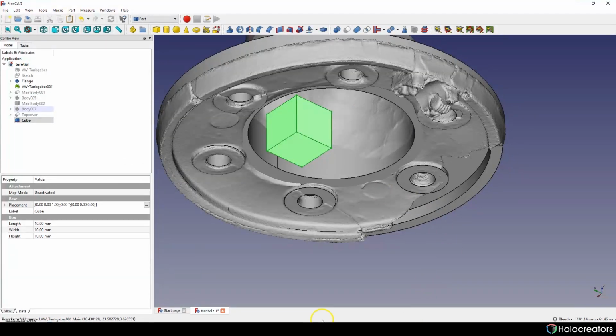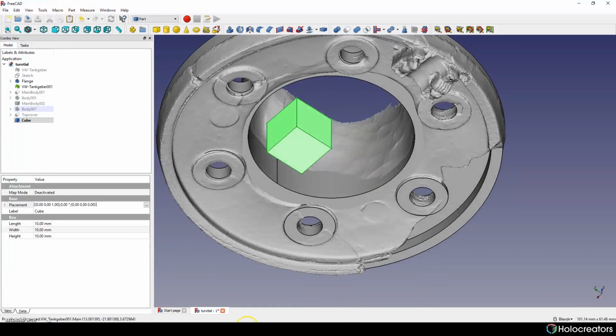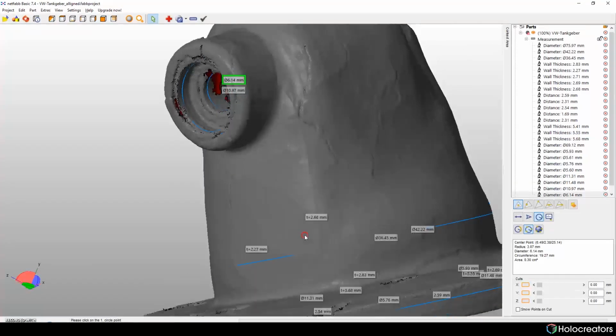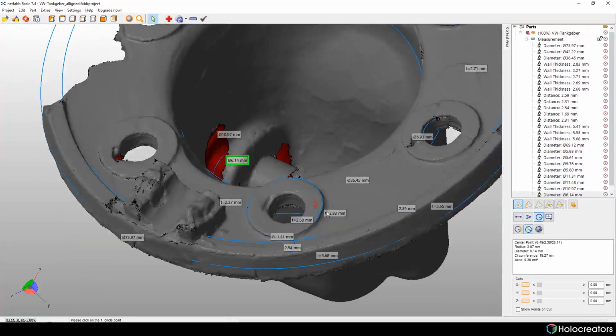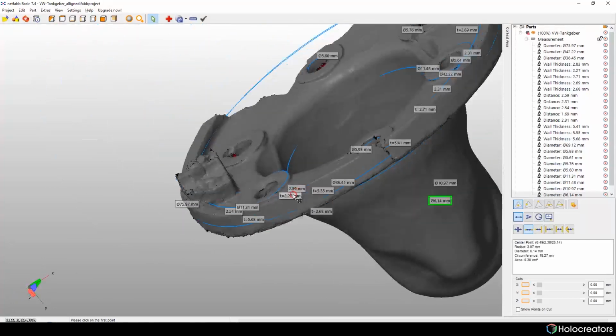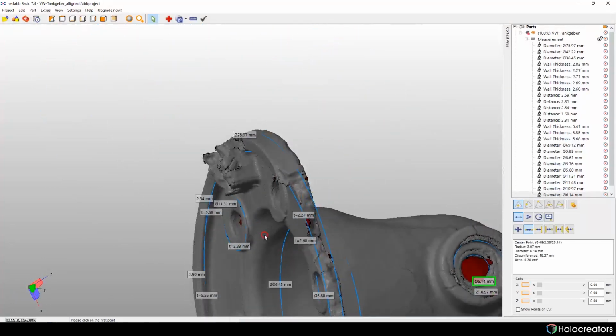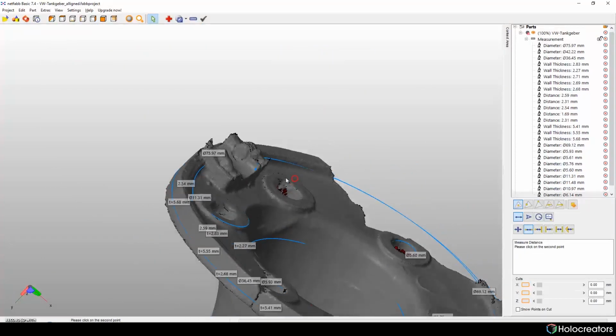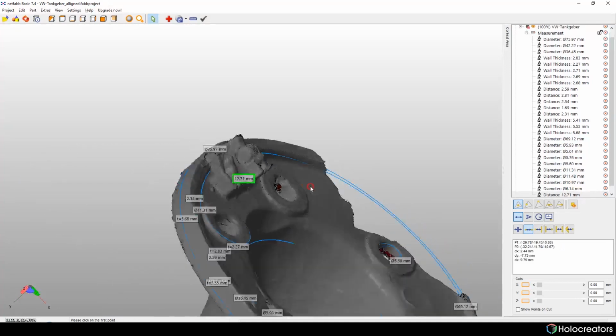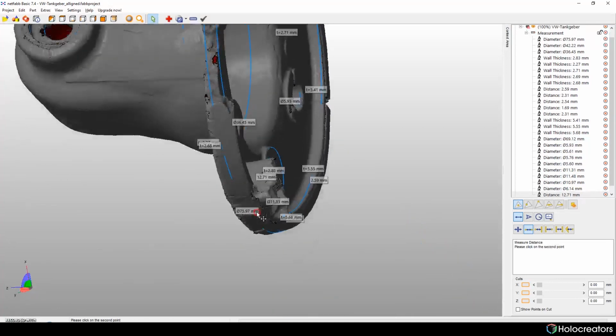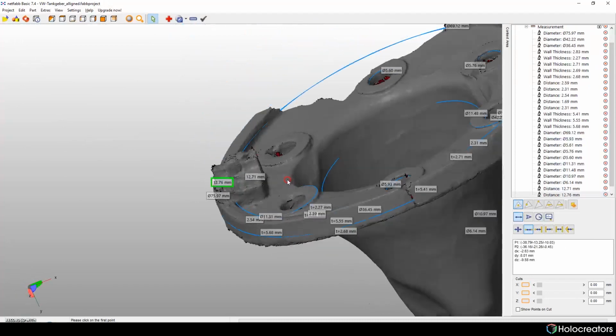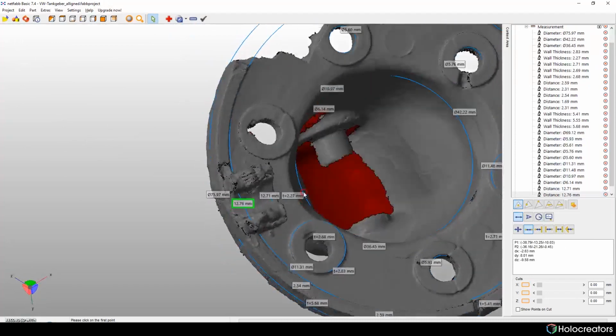So basically, first we need to take some measurements from our model. Here, let's choose our point-to-point tool, and we can measure this, something around, I think, 12.7 is gonna be fine.